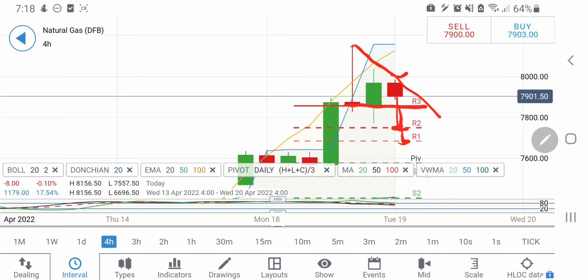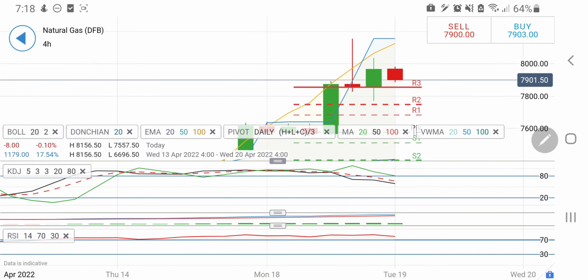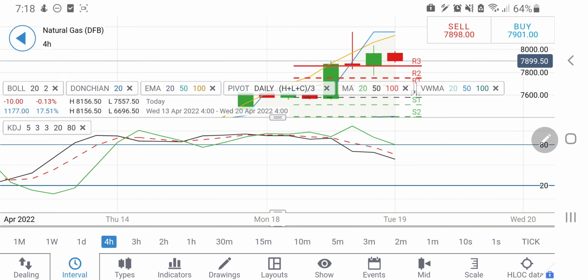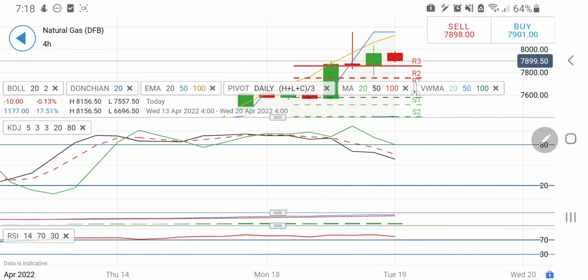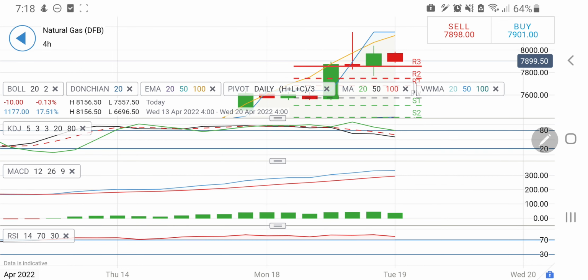So a short entry can be taken on natural gas at 7.85 levels. Below that you can expect that it may try to come back till towards 7.75, 7.7 and 7.65, 7.6. So at every point till 7.5, it may get stronger support for any downward move. But below 7.85 one can initiate a short entry. I'll recommend a long entry only above $8 levels. MACD white divergent trying to converge.